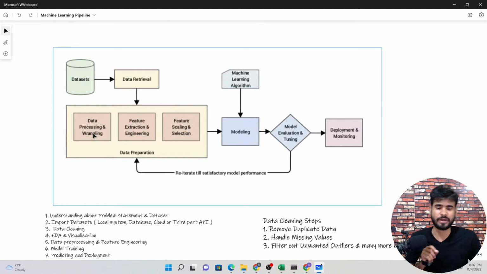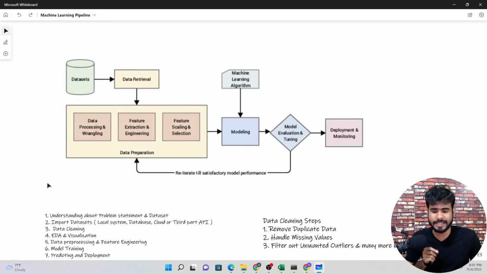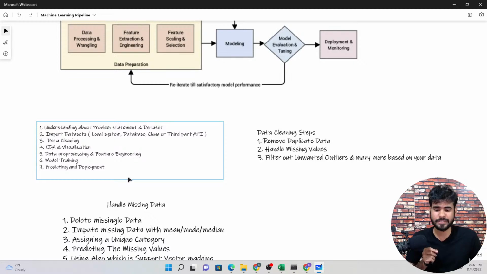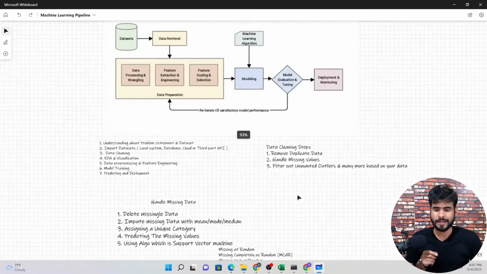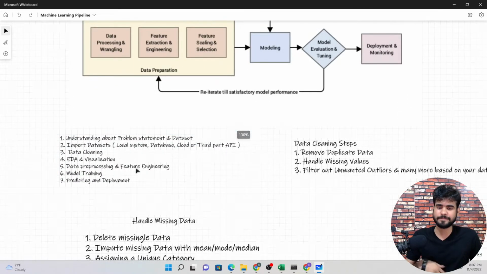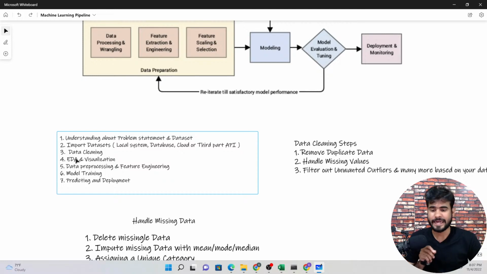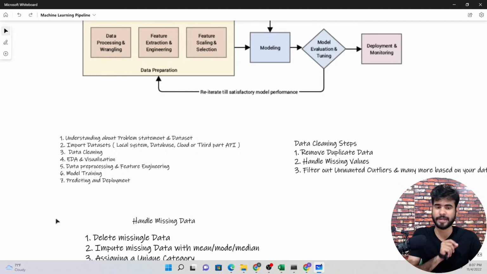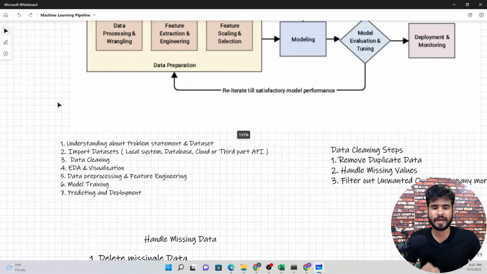As you can see here, data preprocessing and data modeling. After that, the next steps are feature extraction and feature engineering. Again, in these steps I have written here: understanding the problem statement, then import the data, data cleaning, EDA, data preprocessing and feature engineering, model building and predicting, and deployment. So the fourth step that we have here,